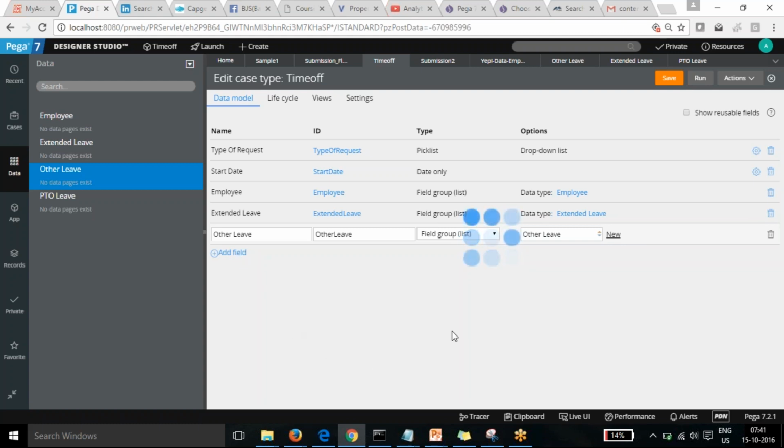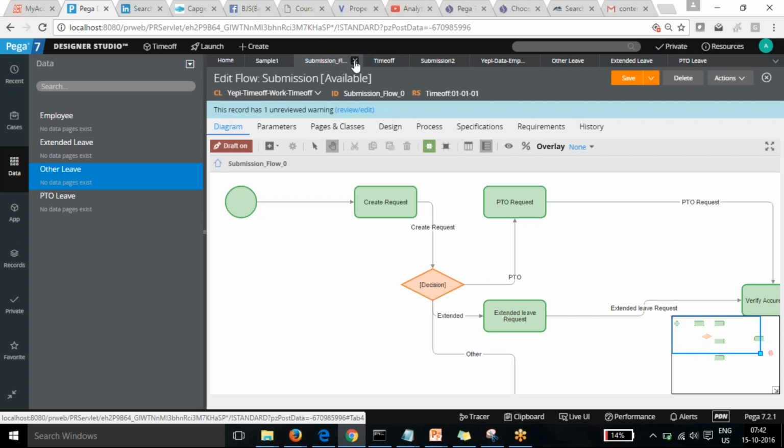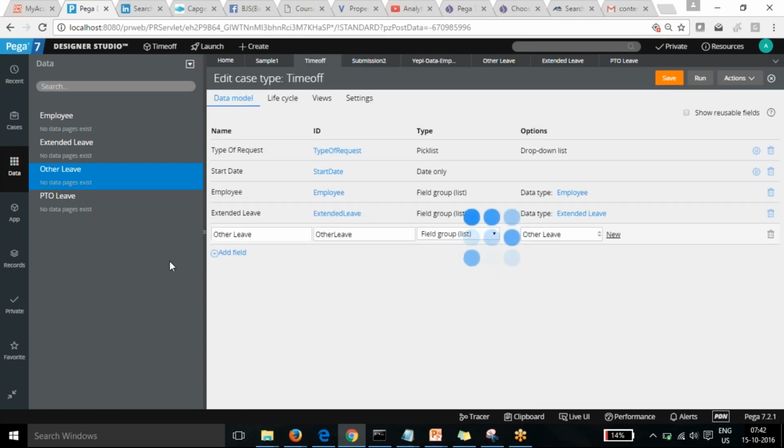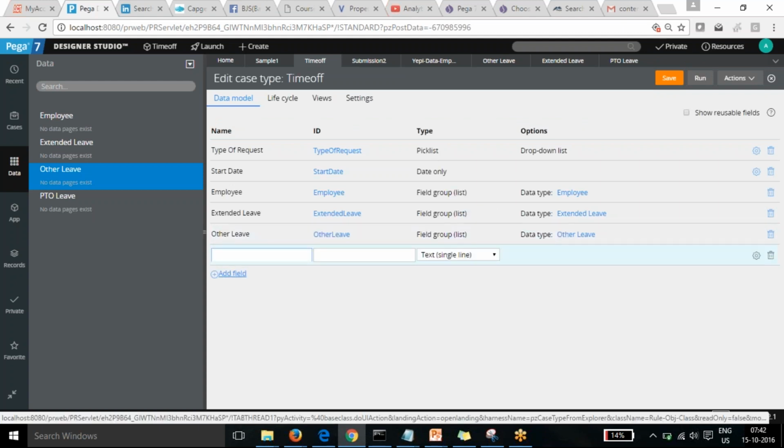It's a little bit slow to do that. Yeah, the final one, I'll add the PTO and then we can go to display that.